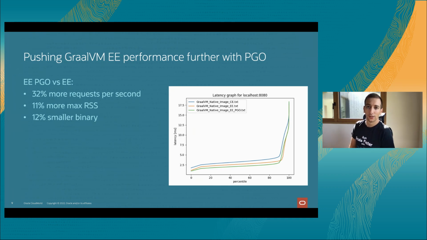Here are the results. The Community Edition is still visible in blue, the Enterprise Edition in orange, and the Enterprise Edition with Profile Guided Optimization is visible in green on this chart. So what we see is that most of the response times are now even lower, and the green curve is below the orange curve almost throughout the whole latency graph. What we notice is that the throughput goes up by 32%